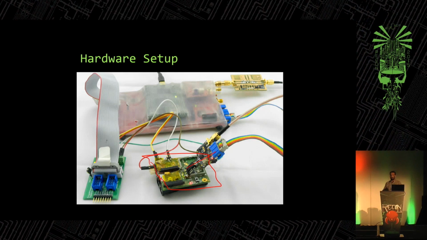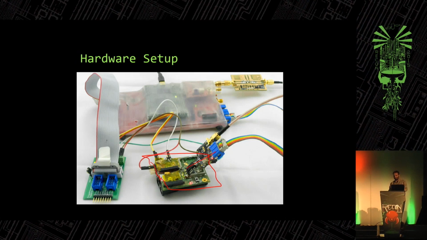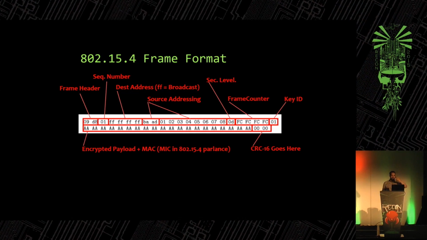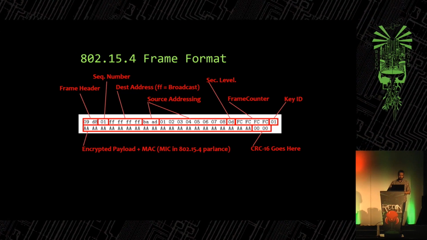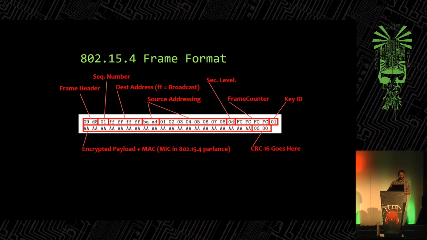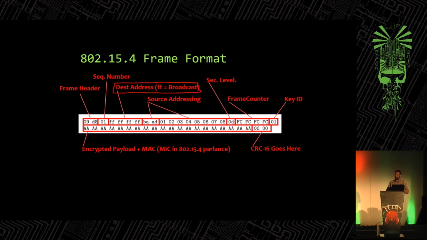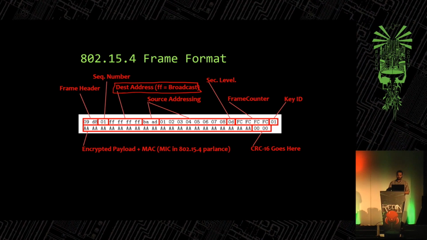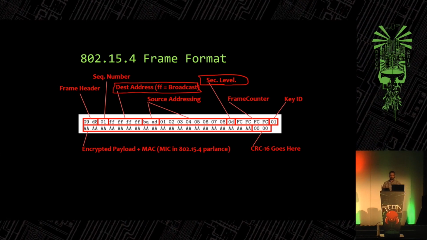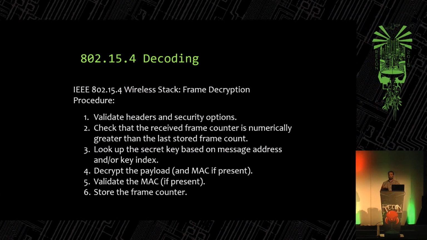So there is a lot of reason why you should be concerned if we can break these devices fairly easily and then spoof messages on the 802.15.4 network. The 802.15.4 frame format looks something like this. Very briefly, when we're doing a secure message, the only stuff you really care about is the destination address, which we can set to a broadcast, so we can force a node to receive it. Any node that receives a valid-looking message is going to try decoding it. And if we set this security stuff up, the device will try to decrypt the message. It'll obviously throw it away as soon as it realizes it's invalid, but